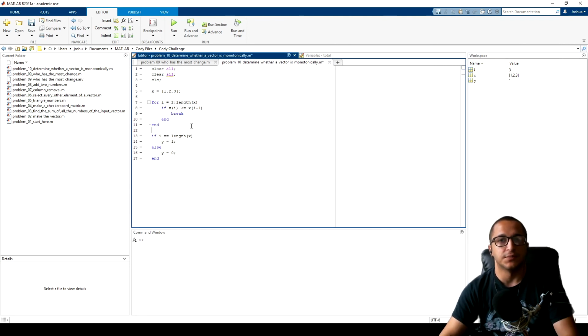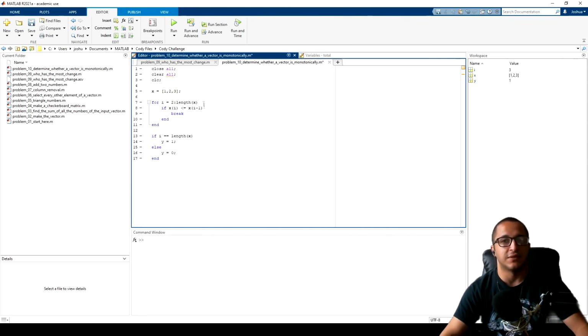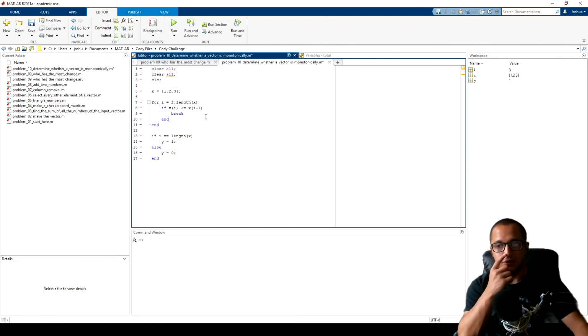Okay, so what I'm saying here is I'm going to start at the second entry, and then I'm going to go all the way to the length of the vector x. Then I'm going to say if x is less than or equal to x minus 1, which means it has not increased for that vector, I'm going to break